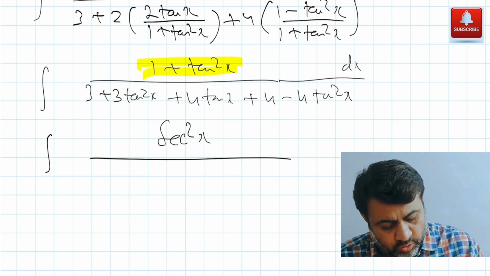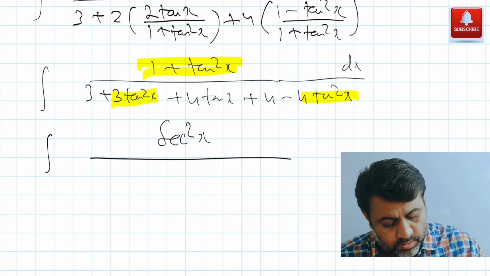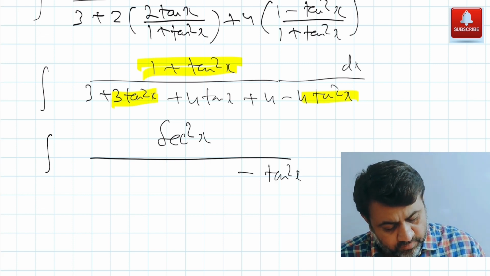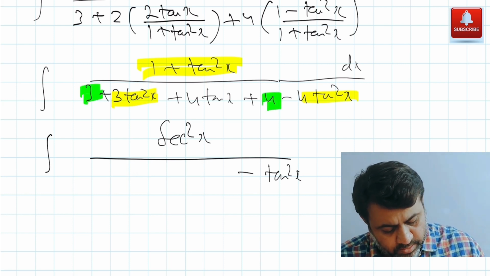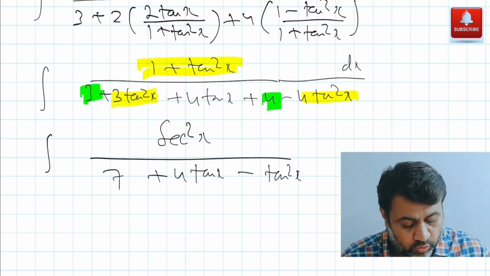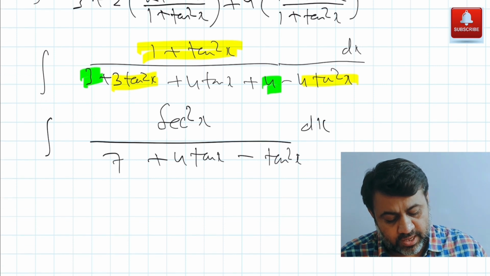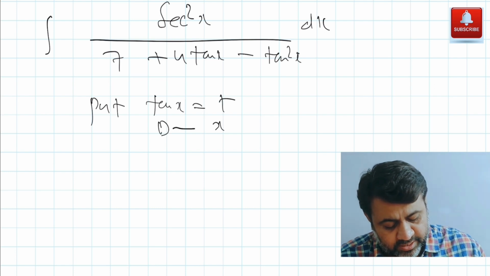Next thing I am just going to write this as, observe we have 3 tan square x and minus 4 tan square x, which will be minus tan square x. I am just writing here minus tan square x. We have 3 and 4, 3 plus 4, these two things will give me 7 plus 4 tan x. Now we just identify here that we need to use substitution, right? And what will the substitution be? Put tan x equal to t. So if tan x equals t, differentiating with respect to x, the derivative of tan x will be sec square x, and the derivative of t will be dt by dx.